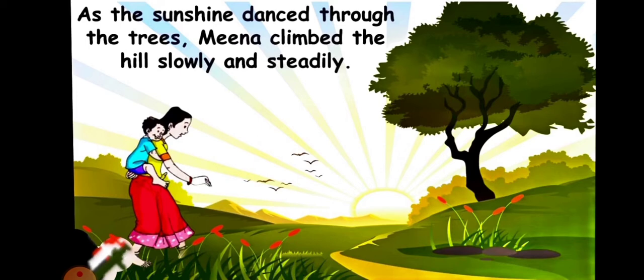That is why here it is said that the sunshine was dancing, as it was visible at some part and invisible at some part. So we could see the sunlight where there was a gap, and we could see shadow where there were trees. So in this way, the sunshine was visible and invisible, visible and invisible. So that is why it is said that sunshine was dancing through the trees, and you can say that it might be the time of afternoon when she was climbing the hill slowly and steadily, carefully, because she was